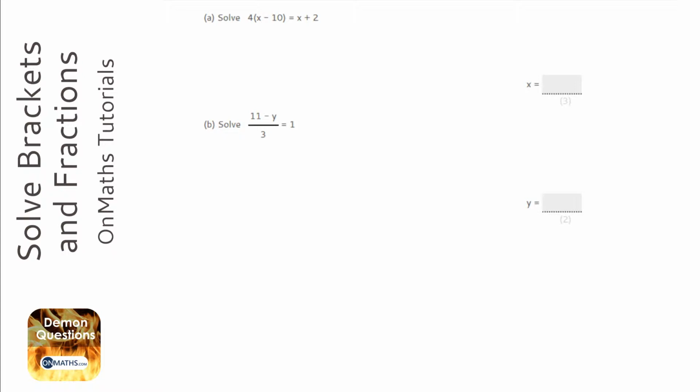So, simple solve first, and whenever I have a solve, I always put lines down where the equal sign is. I find it a lot easier. And we are going to first of all expand the brackets. So I'm going to do smiles and rainbows on this. So we end up with 4x minus 40